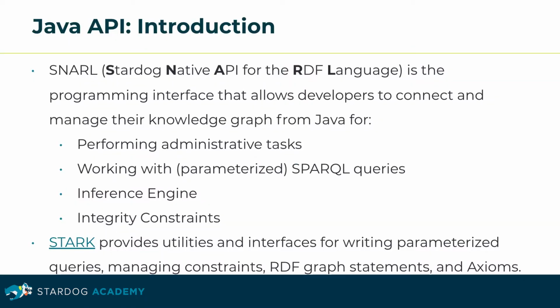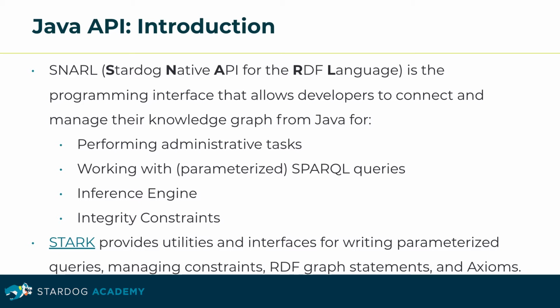There are two main parts of the Java API. The first one is called Snarl, and Snarl is an acronym that stands for Stardog Native API for the RDF Language. It gives us the Stardog connections, the ability to send queries to Stardog, do administrative tasks, and basically, everything that you can do from Stardog Studio or from the CLI is backed by a web service and an equivalent Java API. And in fact, it's this Java API that the command line uses,